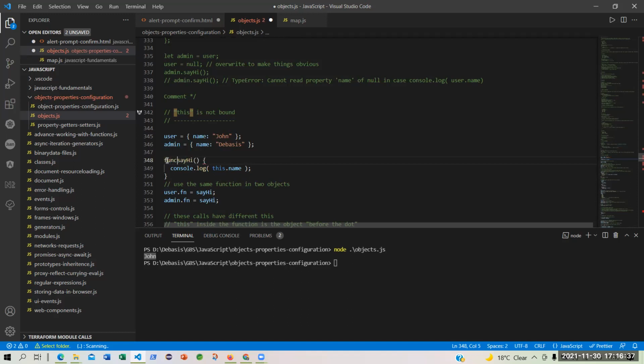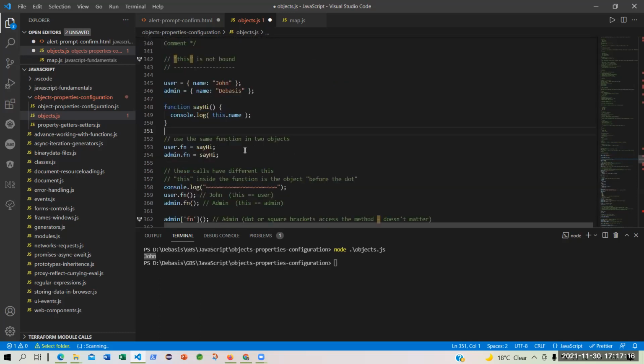So you have to let the compiler know that this particular thing is a function by using function. And there you are giving this block of code. You're just giving one line of statement, that you are trying to print this dot name. Now you can ask me, which object will this refer to, user or admin? This is very important. In JavaScript, this is so easy. In different languages, it will be very difficult.